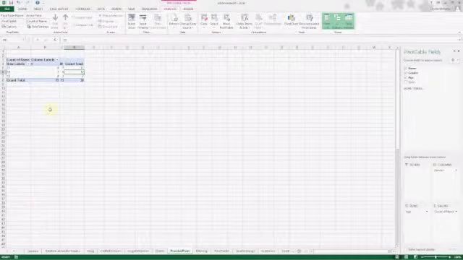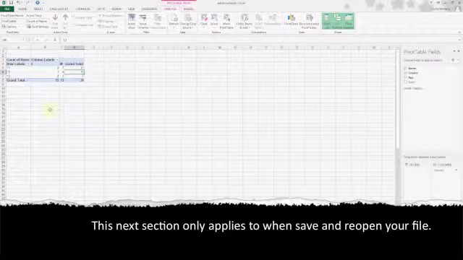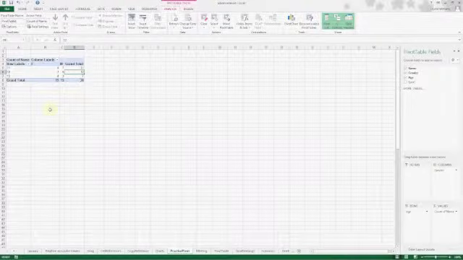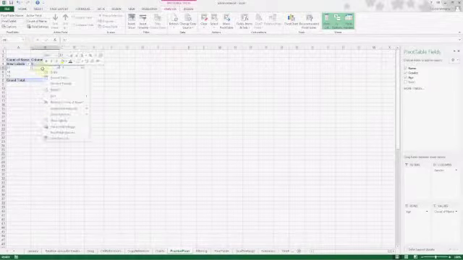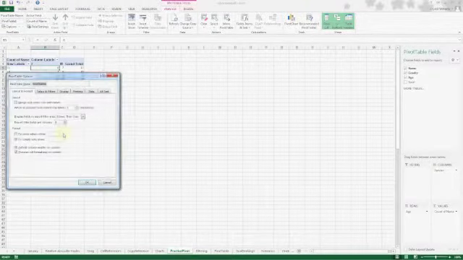The other way is to set it up so that every time you open up the Excel spreadsheet, the data is refreshed automatically. Now this only works after you open Excel, so you might have to save it, close it, and open it again. But every time you open Excel, you know you're going to have the latest version of the pivot table. So to do that, we're actually going to have to change the pivot table options. So right click on your pivot table, go to pivot table options,